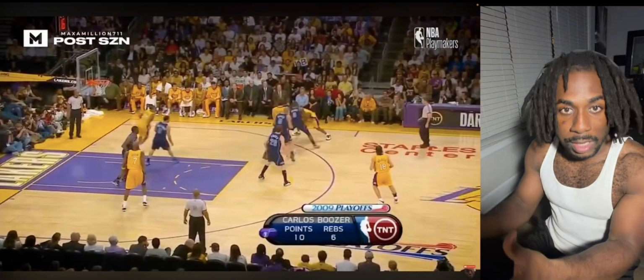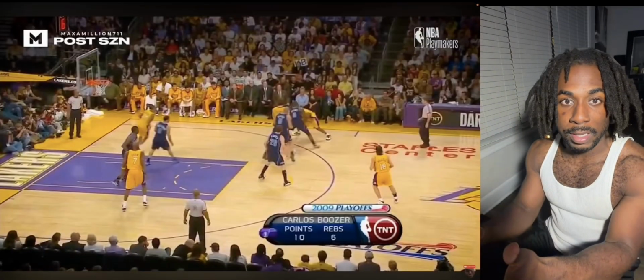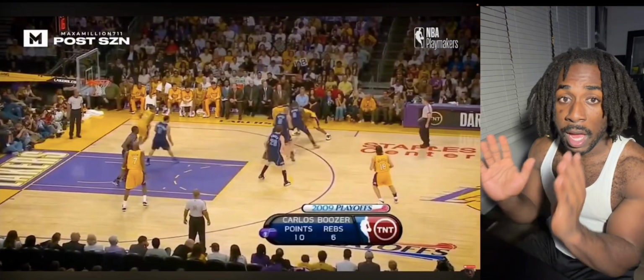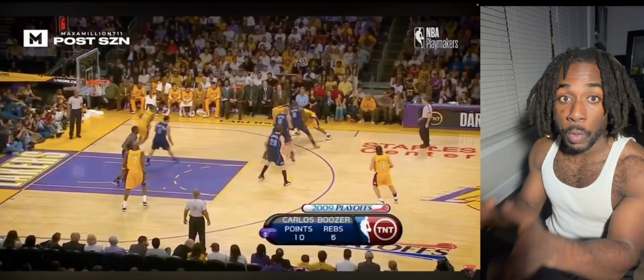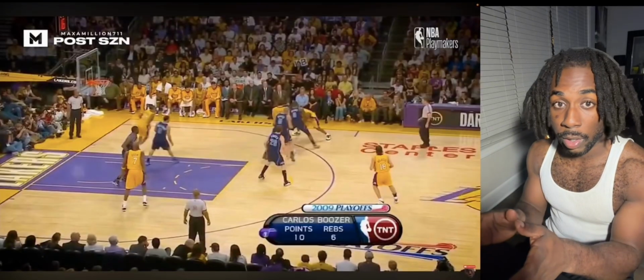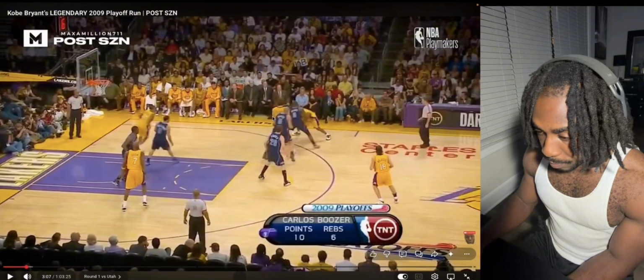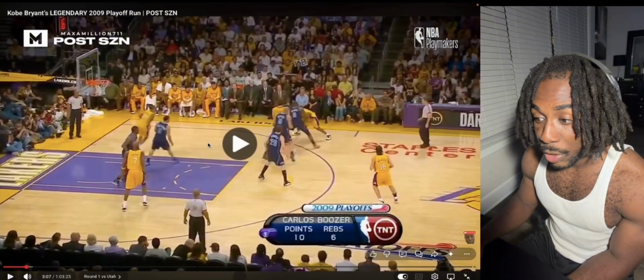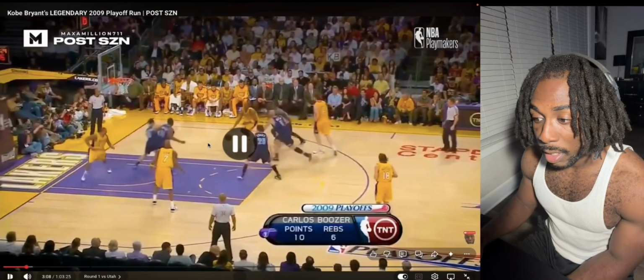It's not a double team. You're just showing bodies. Because with guys like Kobe, and this is in general for all basketball players, guys that are scorers, you need to show bodies to make them second guess attacking the rim or scoring at the rim. Okay, so Boozer was not in the right positioning. That's what led to this spot.